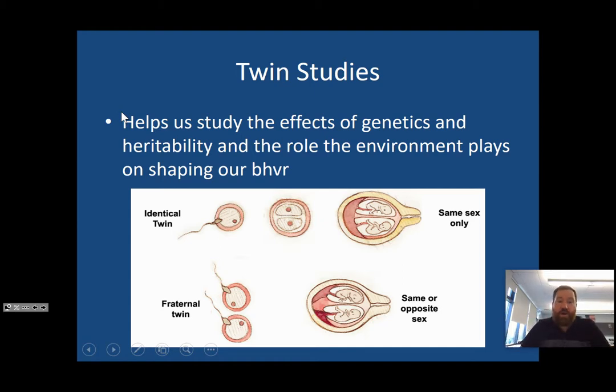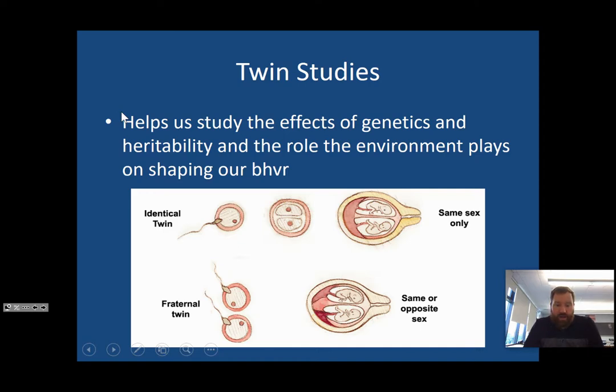Fraternal twins are when the woman releases two eggs at the same time. They are both fertilized by two separate sperm, and they can be same or opposite sex, just like any other sibling. Now, fraternal twins, there's really nothing all that special about them. Sorry to the fraternal twins that may or may not be in the class. So, from a psychological standpoint, the only thing that means is that they're going to have a more similar environment than a normal set of siblings would, because they were born at the same time.